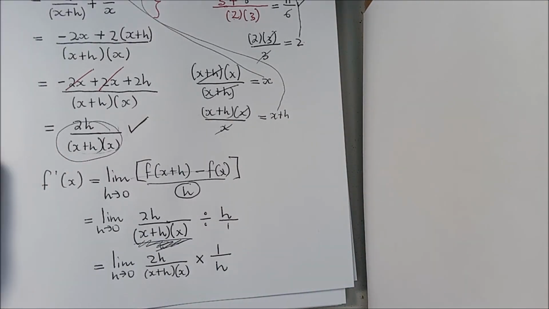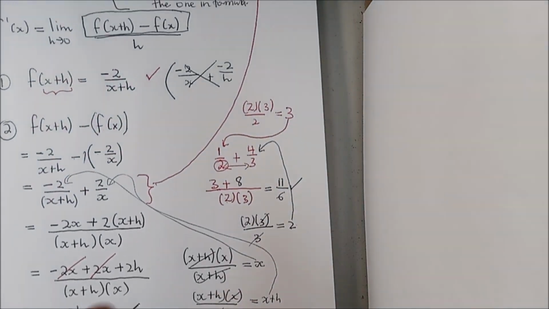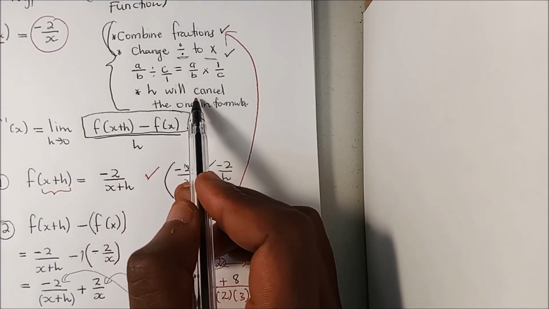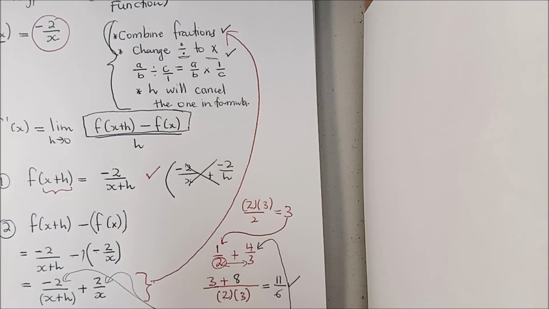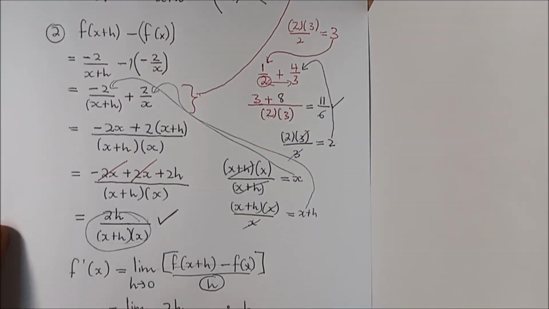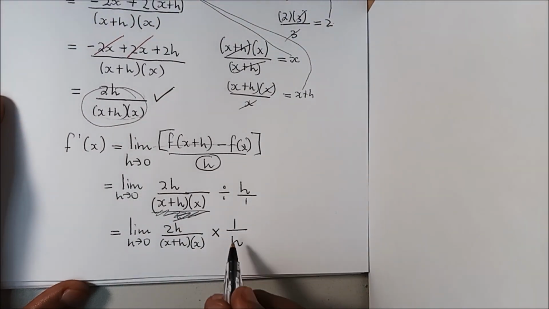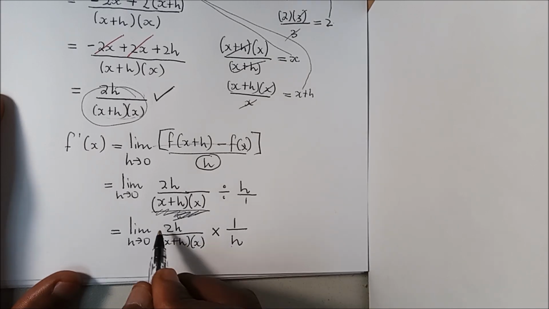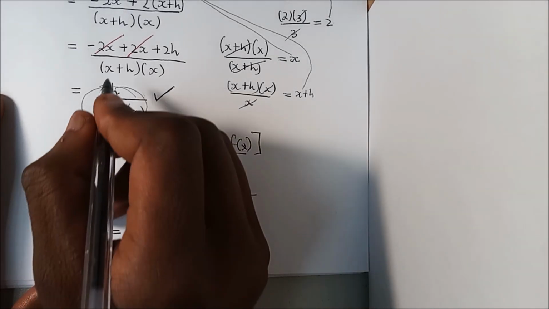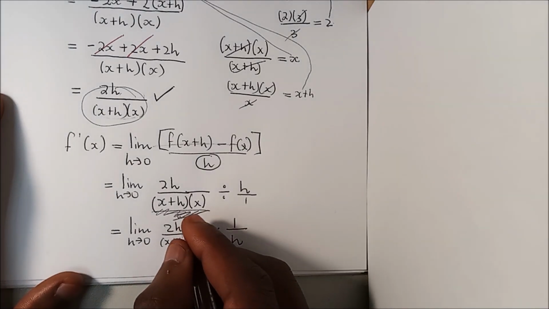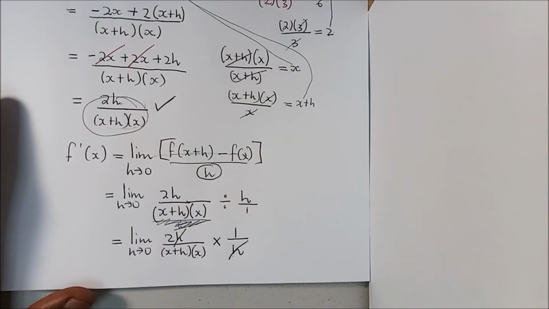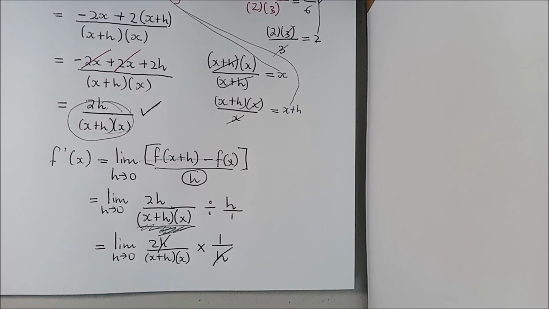And then if you go back, what I said is after you change, the h will cancel the one in the formula. So now if we check, this is the h that is in the formula. And can you see that h that we got from step 2? So this h will cancel that one in the formula. So we'll be left with,